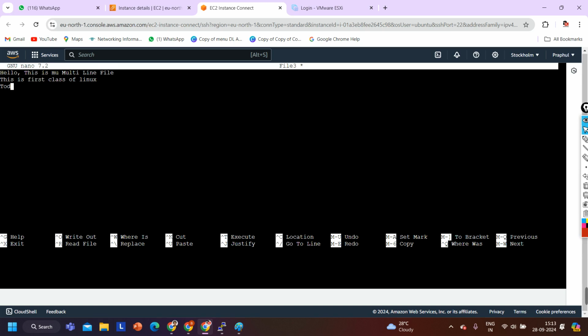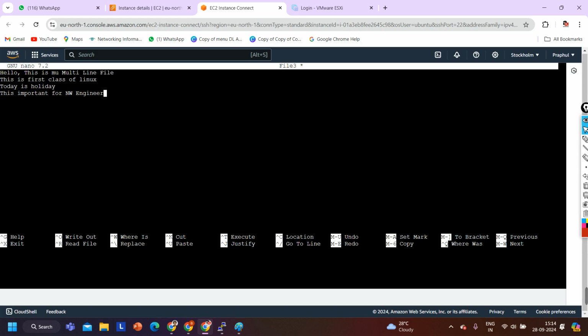Today is a holiday, and then we can say this is important for network engineer. Whatever content you want to add, you can write here, and after that just press Ctrl plus S